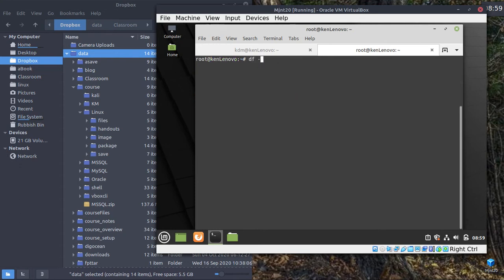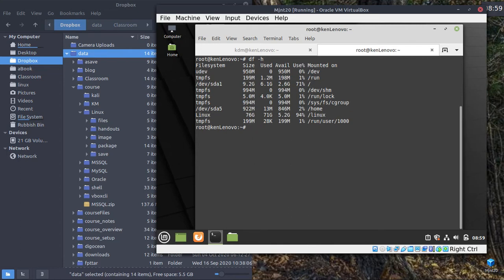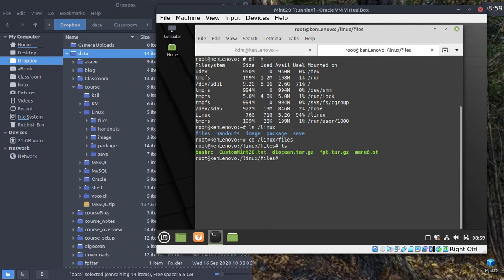But if we do a df, there's Linux. Now we can do an ls /Linux. And if we want some of the files, we could copy them. So for instance, I could cd, the way I do it normally, change directory into Linux files, do an ls. I could copy any of those files up a level. If I want to copy directories, I could do that actually. If I cd back one, there,